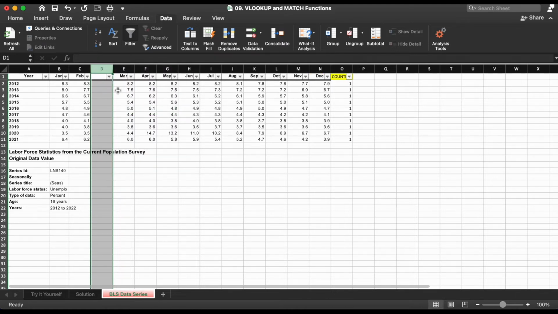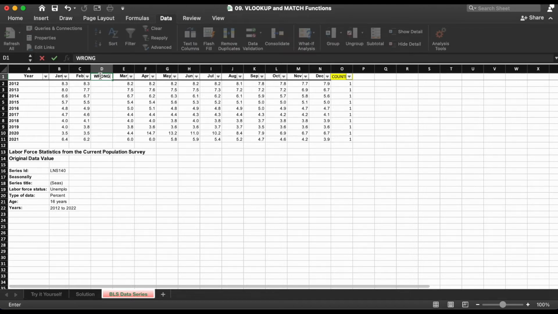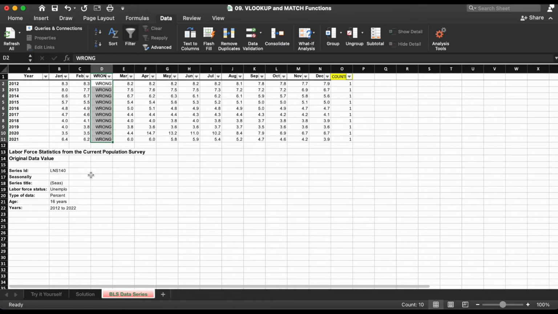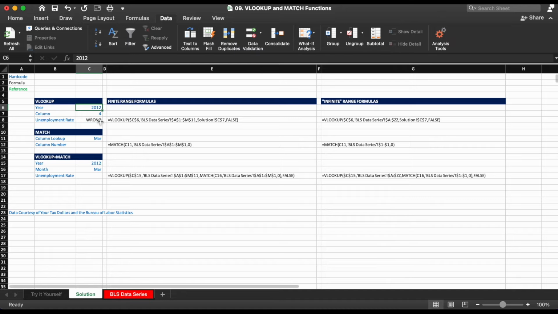Or you could do Command-Shift-equal sign to get the plus, or Control-Shift-equal sign on your PC, and that also inserts a column. So let's undo that with Command-Z or Control-Z. And so in this column, we're just going to put wrong. And we'll go ahead and Control or Command-D that to drag it down.